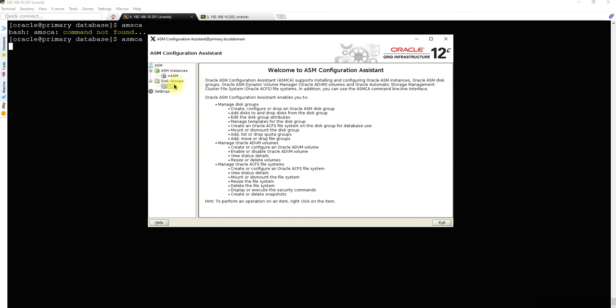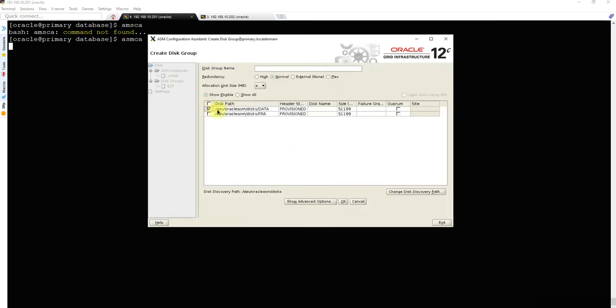So what we need to do is create a disk group. The first disk group will be data. There will be no redundancy, okay. There is no mirroring.